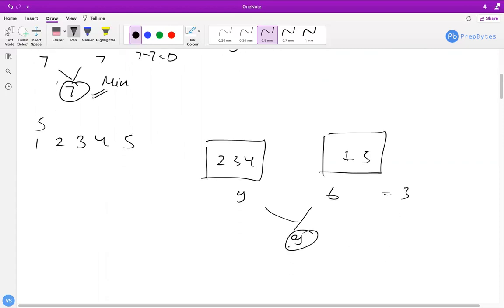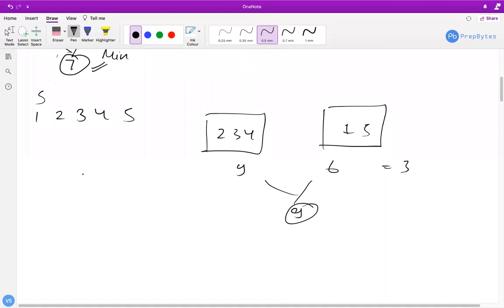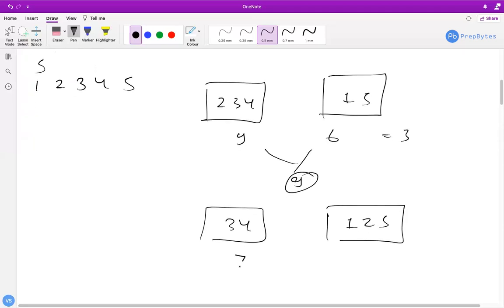And we are getting the dishes prepared in 9 minutes. Is this the minimum? Let's try another. 5 plus 4 is 9, and 3, 2, 1 will be the same. Let's take 3, 4 in one burner and 1, 2, 5 in the other. Now 4 plus 3 is equal to 7, and 5 plus 2 plus 1 is 8. Now 7 and 8 will give you 8 minutes, that it requires 8 minutes to prepare these dishes.